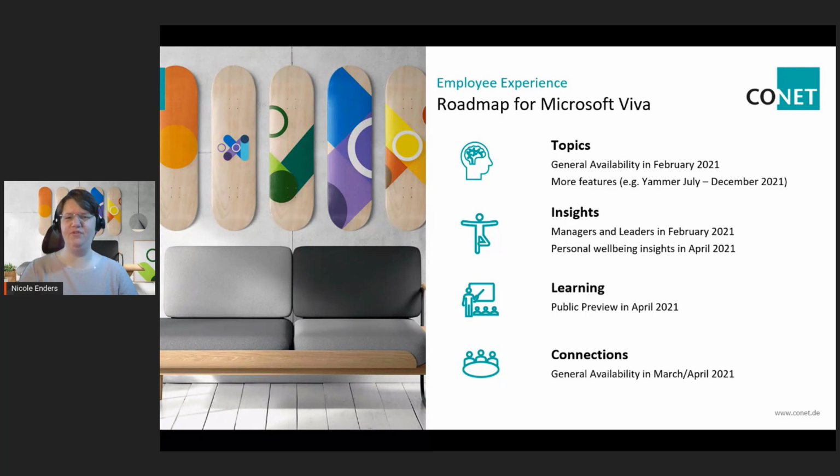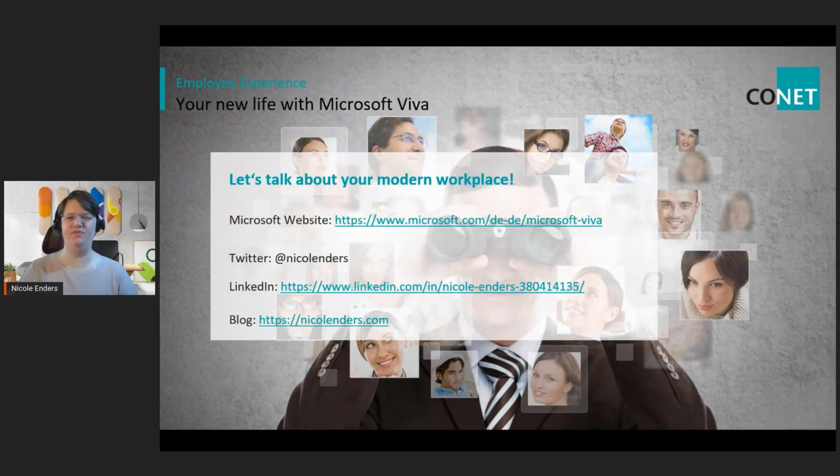And if you want more information about Microsoft Viva, then go to the Microsoft Viva website, and you get a lot more about these different components. You get many videos, pictures, use cases, and so on. So you get a lot of ideas what you can do there.